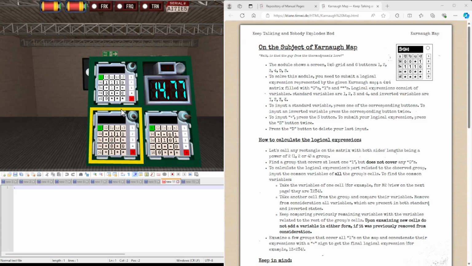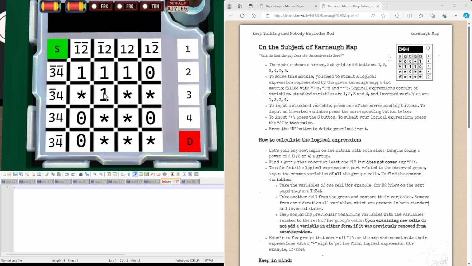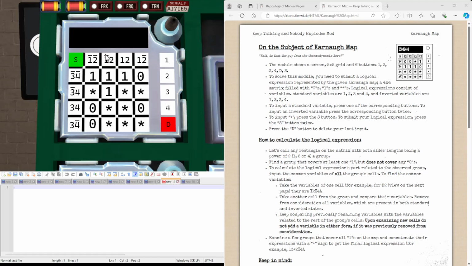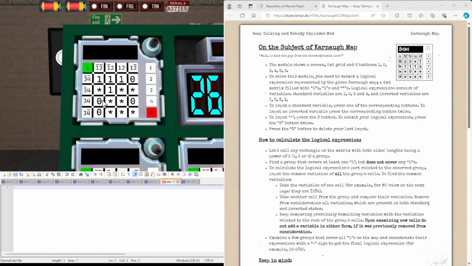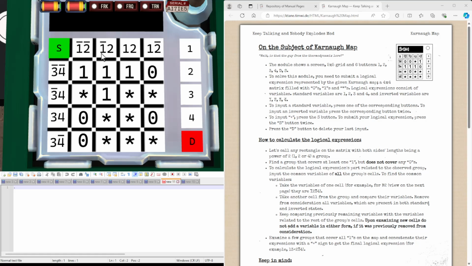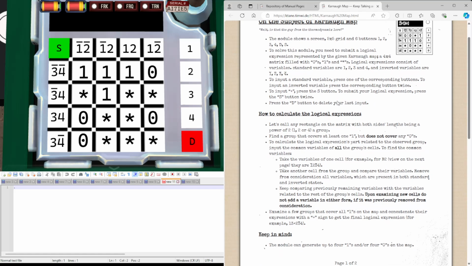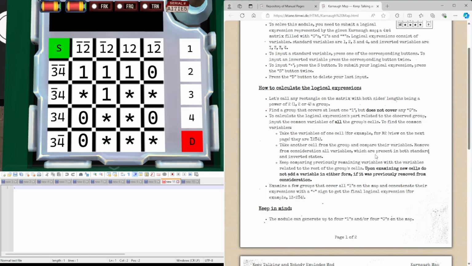So, here's what the module will look like. There will be these labels on the top and down the side, with the numbers 1, 2 at the top and 3, 4 down the side. And our aim is to describe this diagram where all the ones are, using certain groups. But there are some rules for what these groups can be, and this is what I got wrong the first time. The groups have side lengths that are a power of 2, that being 1, 2, or 4,